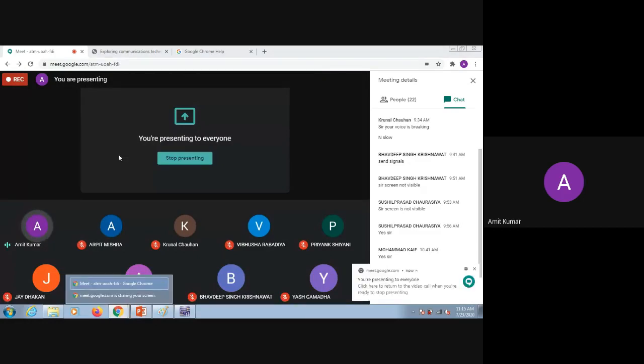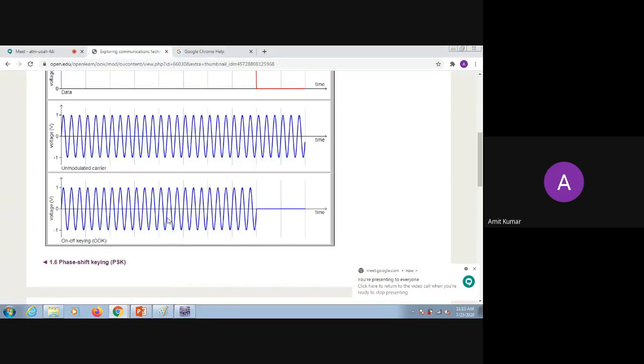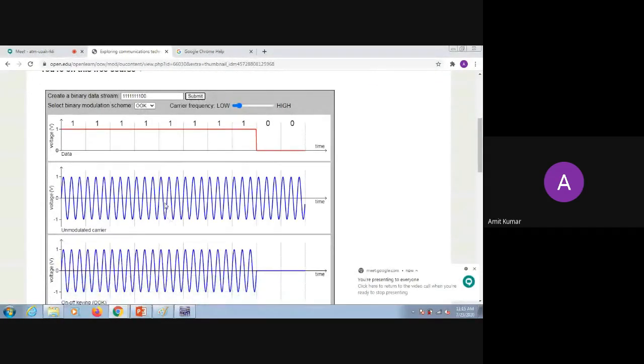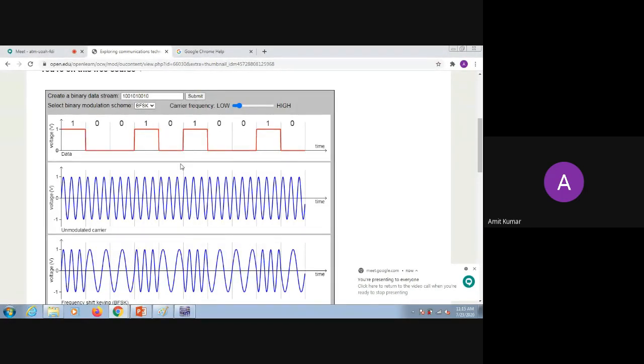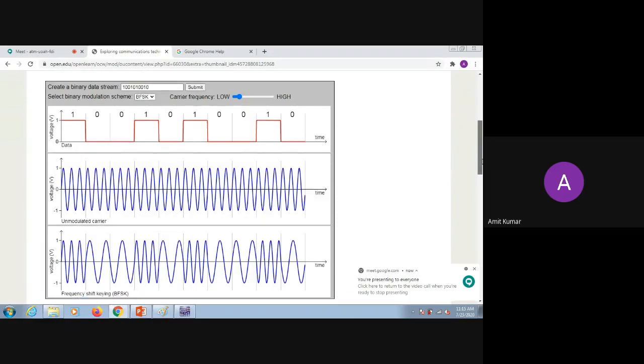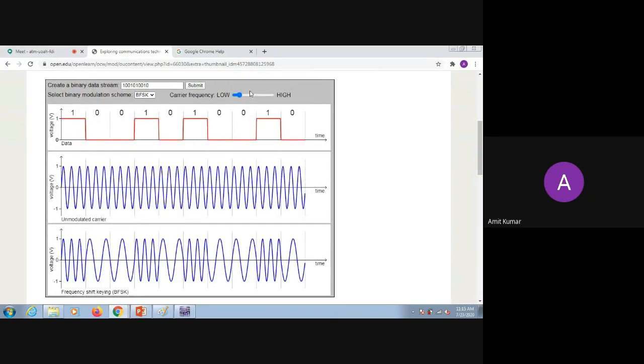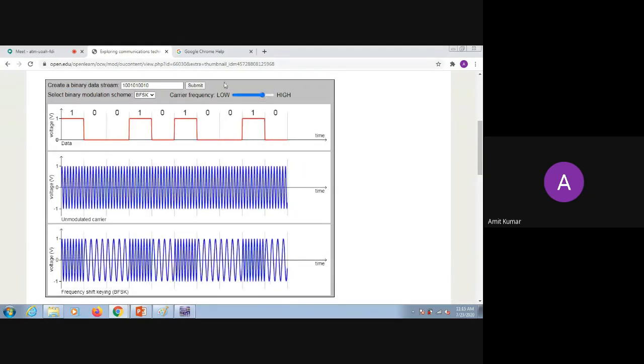Now what you have to do, you have to go to this website, and you have to generate an FSK signal here. So you have to type the last three digits of your enrollment number here. Just convert it to binary. I already told you how. Just select BFSK here and submit. You will be able to generate your BFSK signal. You have to submit that snapshot and your comment in your Canvas portal. You have to choose which frequency you want to select, higher or lower, and just submit, and take the snapshot of this diagram and submit it.